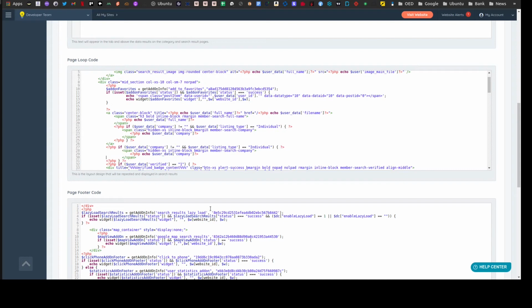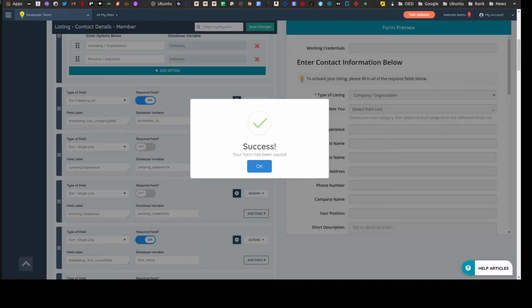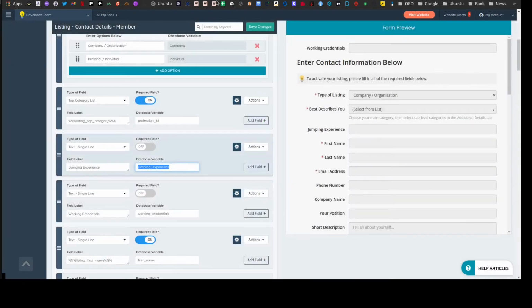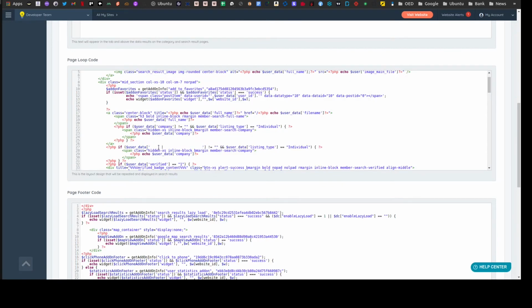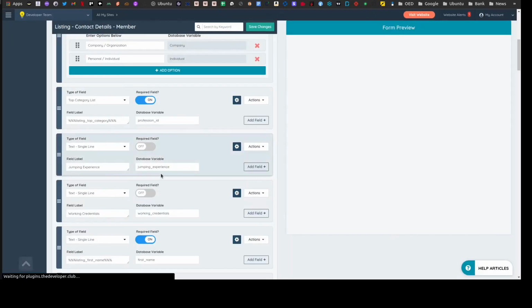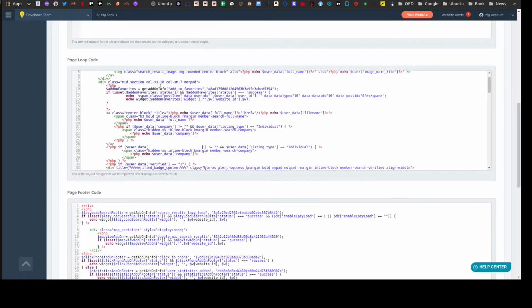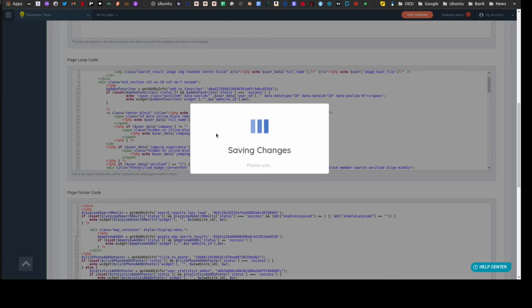Okay. And then here we say, well, remember that we already created the columns in the user's data table. So now we can just copy this here and you can put it like that. Copy that. Okay. We don't need all this. We just need this like that. Okay. And then this basically says if they have jumping experience, then show the jumping experience. And we put it like this, and then here let's just add years over here, okay? So we're gonna save it so you can see how the final look